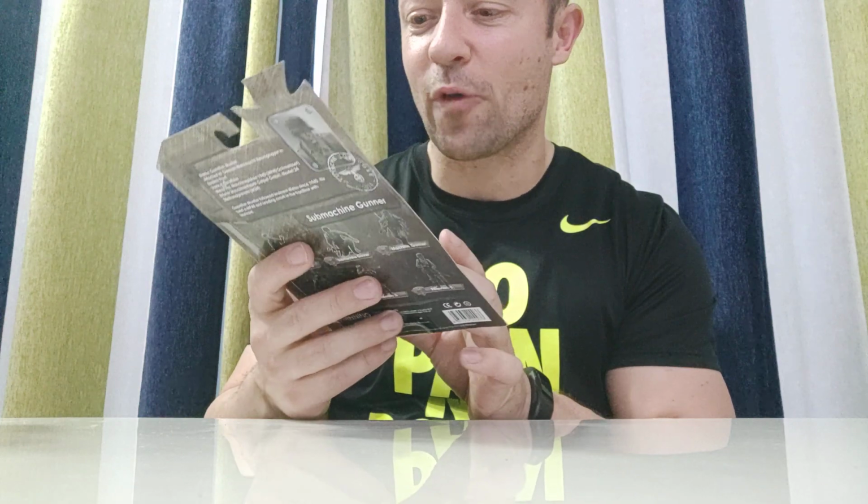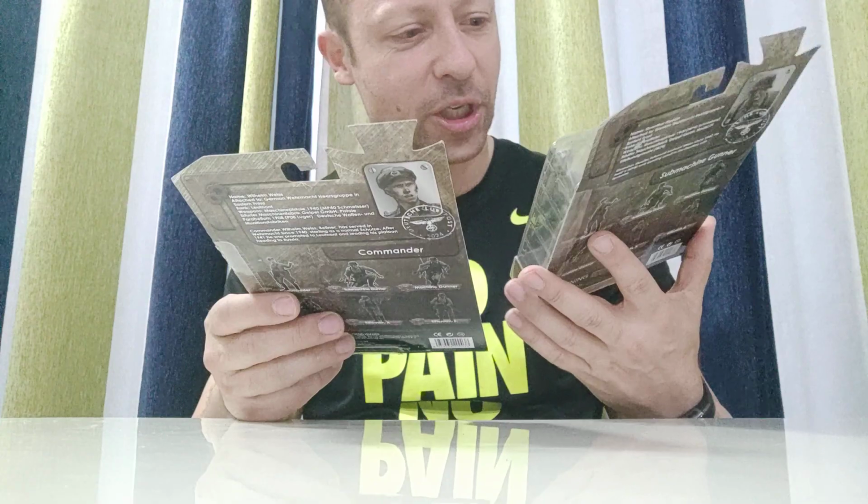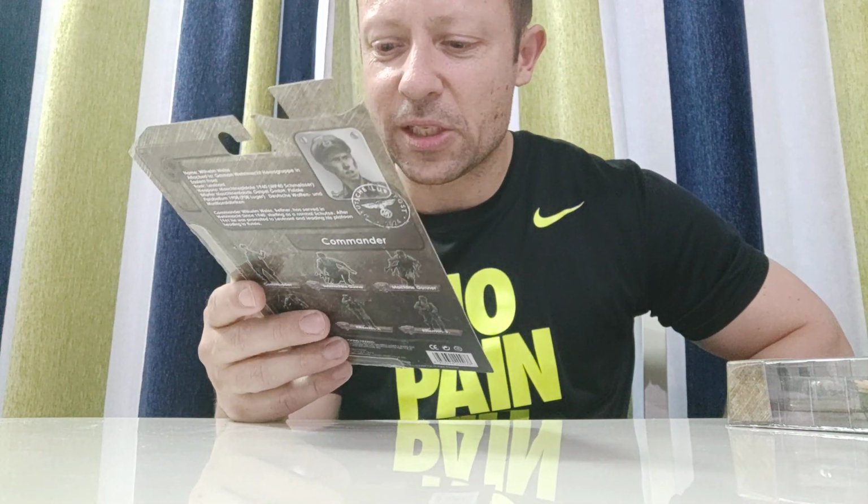I'm going to open both of these and review them. They're not worth a great deal anyway, not that I've seen anyway, so I'm not too worried about that. So I've got the Commander figure and a Submachine Gun. There are actually 6 figures in this range. I could buy the other 4 since they're cheap, but I want to see what the quality is like on